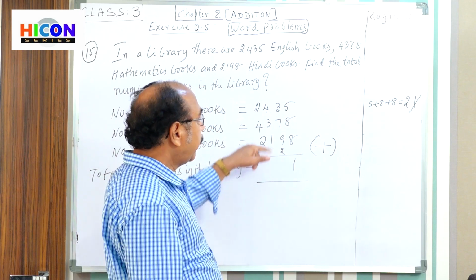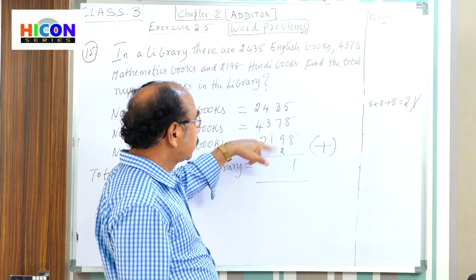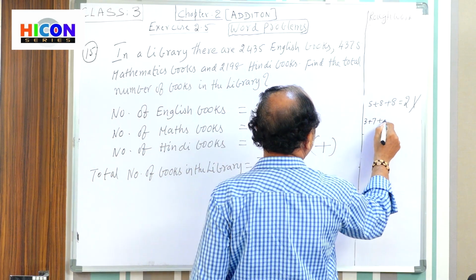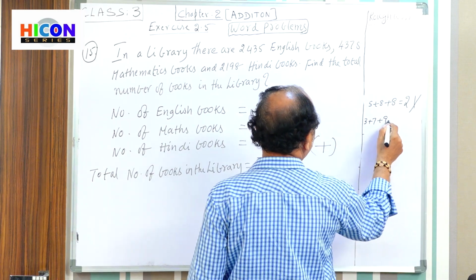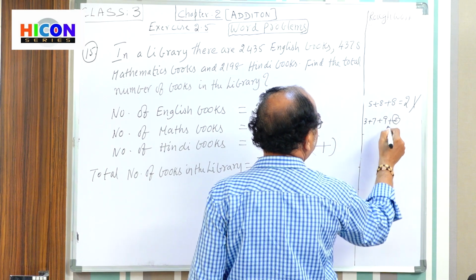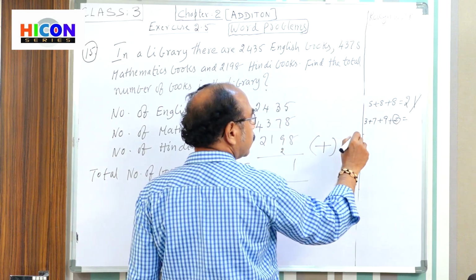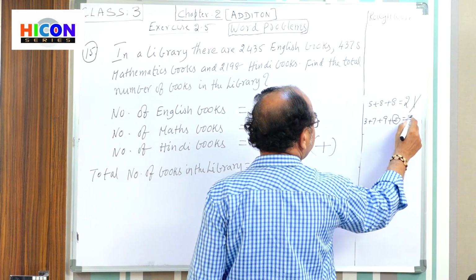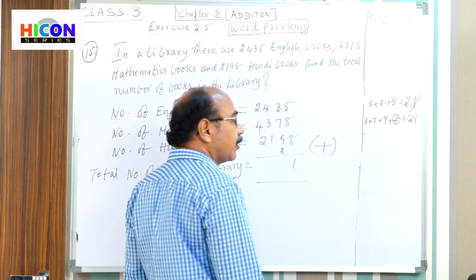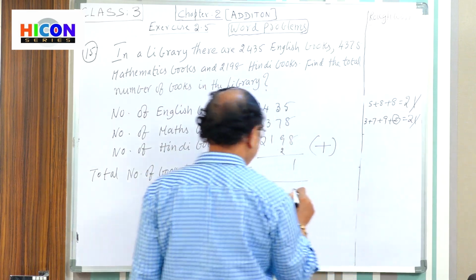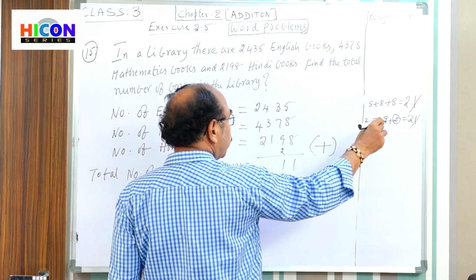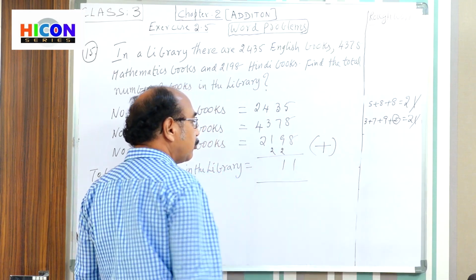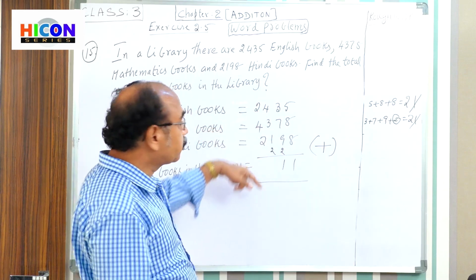Now add the digits in the tens place. 3 plus 7 plus 9 plus 3, and the carried 2. Now add 9 plus 2, here 11. 11 plus 7 is 18. 18 plus 3 is 21. Write 1 right here in the tens place. Now 2 is the carried number to the next place, that means the hundreds place. We write 2.